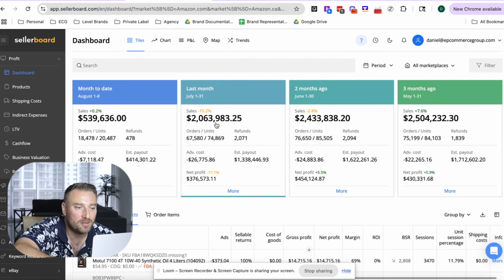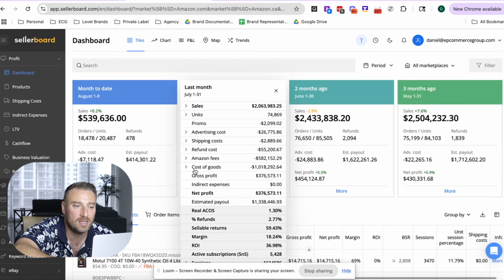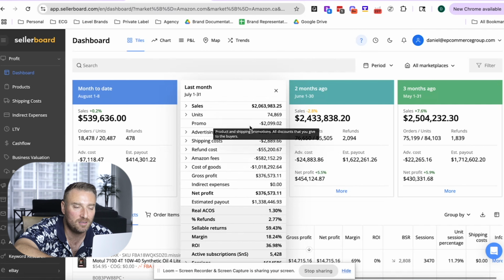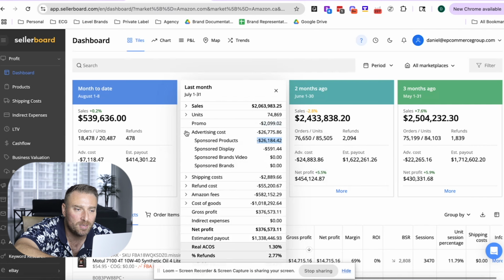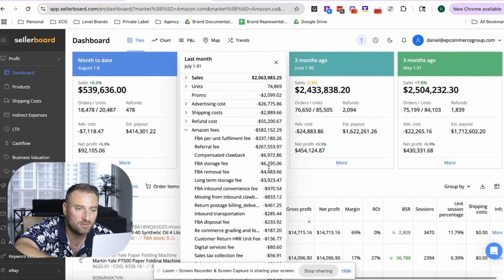Moving on to analytics. So if you want to see how much your individual SKUs are making, or filter by supplier, or what your entire business is making in Amazon gross profit, Sellerboard is great for that. It'll import all of the different Amazon fees. So last month, for instance, sales a little above 2 million, units sold about 75,000, and then any promotional rebates, 26,000 spent on PPC advertising, 3,000 shipping, 55K of refunds, Amazon fees,